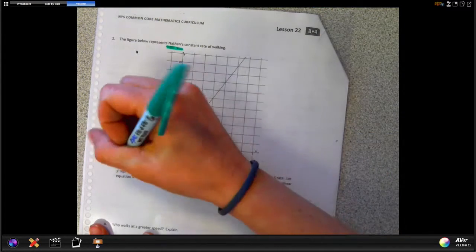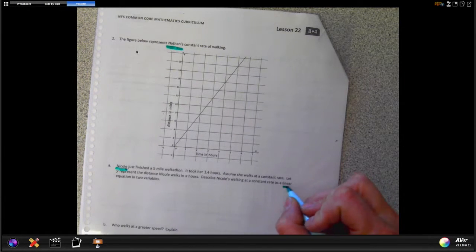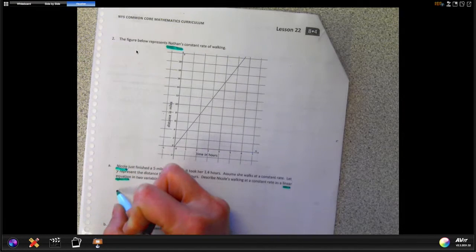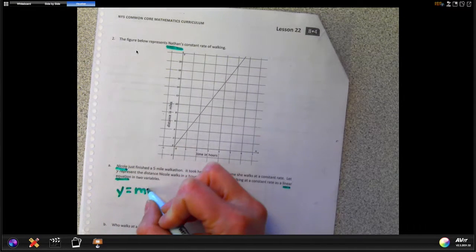I first want to point out that this is Nathan's graph, but now we are switching to talking about Nicole, a totally different person. So she walks a 5-mile walkathon in 1.4 hours. Assume she walks at a constant rate again, so we're going to get a slope here. That's what that means. Let y represent the distance Nicole walks in x hours. Describe Nicole's walking at a constant rate as a linear equation. Again with linear equation, meaning we're going to use y equals mx plus b